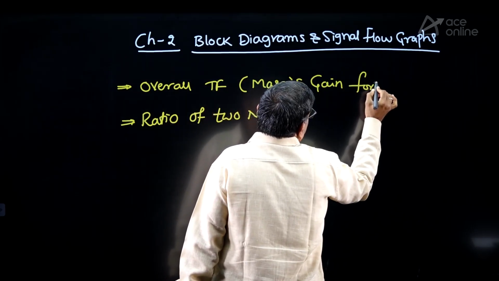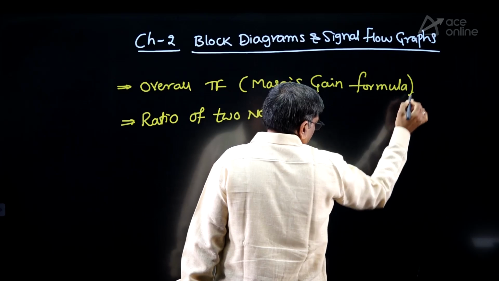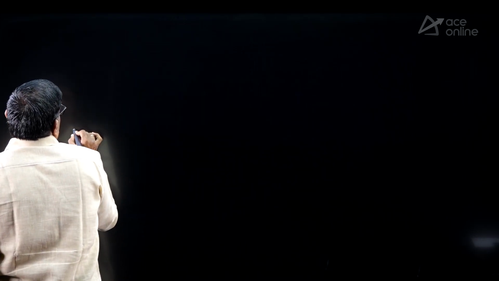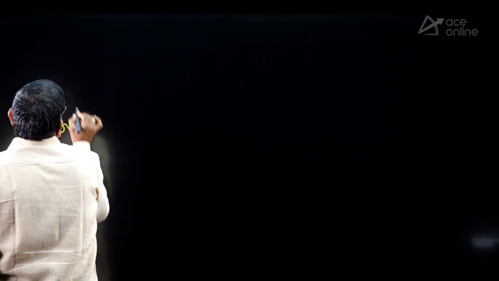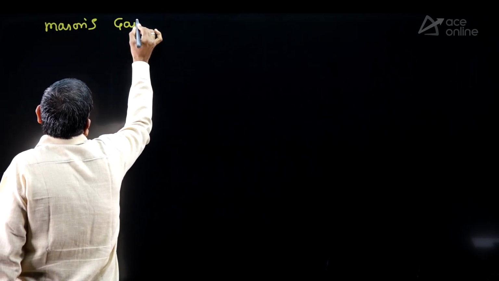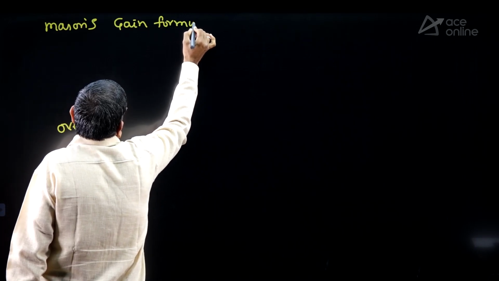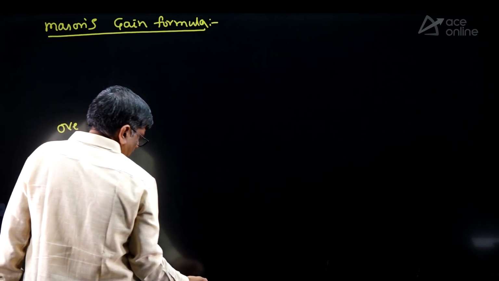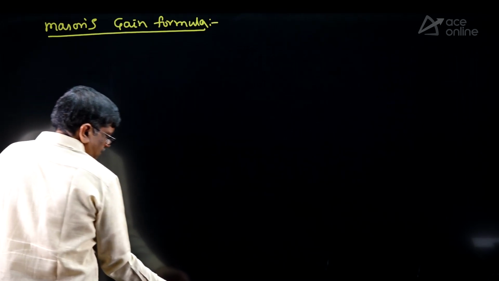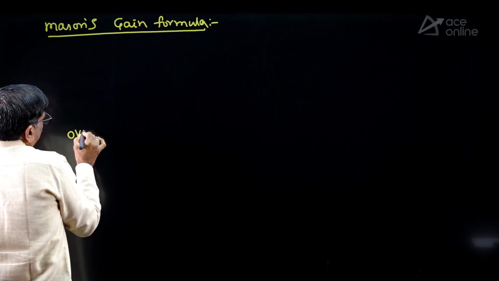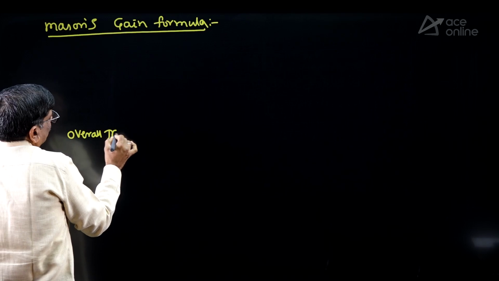What is the Mason's gain formula? Do you remember the Mason's gain formula? Write it, all of you. Write the Mason's gain formula for the overall transfer function. I told you the expanded form. Either you remembered or not, come on, write it. So the overall transfer function is equal to,